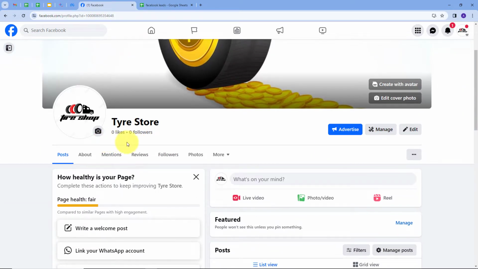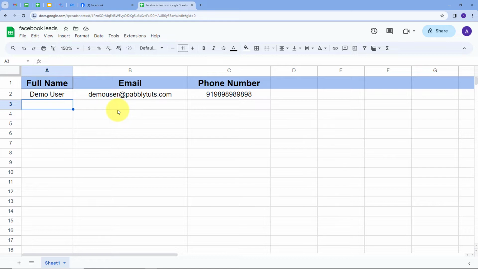So here, this is my Facebook page for my auto-spare business and it is named Tire Store. And also to promote my business, I'm running an ad campaign on my Facebook page through which I'm getting a lot of leads. So here my objective is that whenever I get a new Facebook lead for my auto-spare business, then I want to add these details of my Facebook leads automatically in my Google Sheet and keep a record. So for this, I need to create an integration between Facebook Lead Ads and Google Sheet,